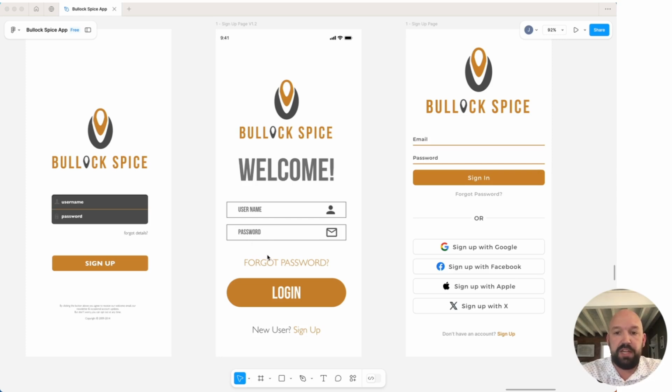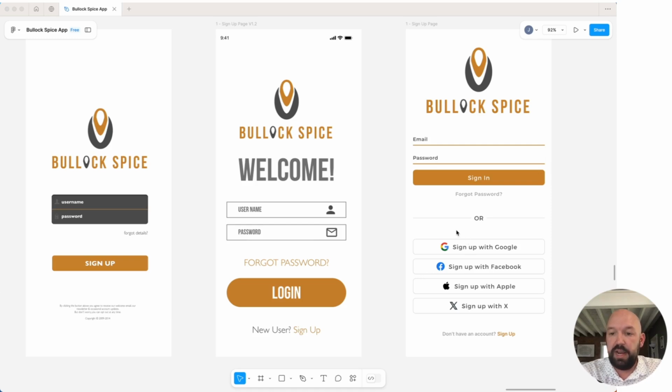So taking those design cues in my final design of the sign-up page, we still retain our logo, and then we have our email and password, and then we have a sign-in button. And underneath that, we have improved our forgot password link. This is a smaller font, but grayed out, so it's not as present to the eye. This all meets the clear communication and visual hierarchy of this section: this is where you sign in. And then you have a separation of 'or' where you can use your social media accounts